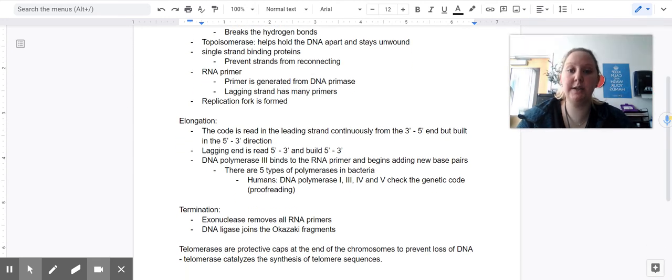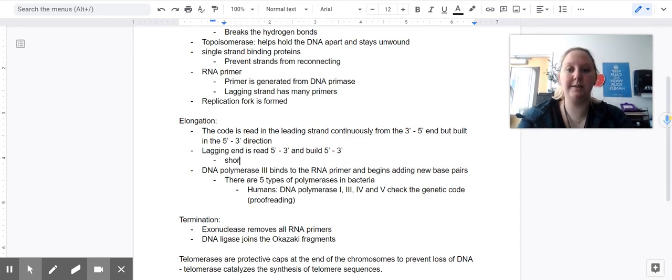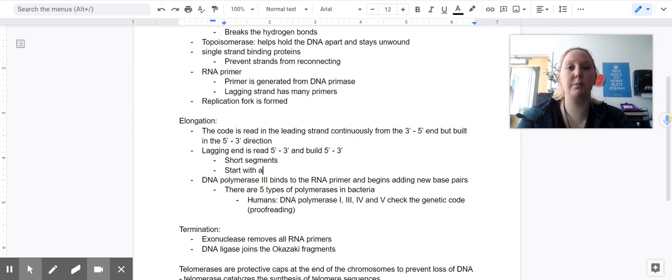So the DNA code is read on the leading strand continuously from 3' to 5' and gets built in the 5' to 3' direction. The lagging strand gets built in the opposite direction in short segments. These are our Okazaki fragments that start with a primer, which then DNA polymerase can come in and bind to those primer sequences and begin adding new base pairing, following our base pairing rules,